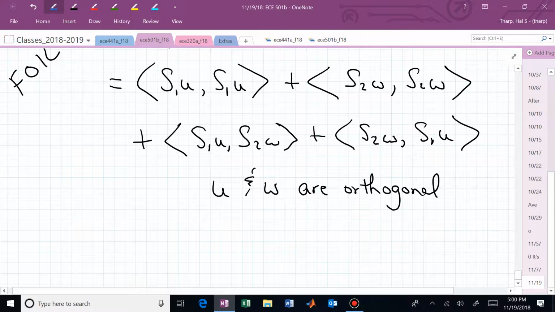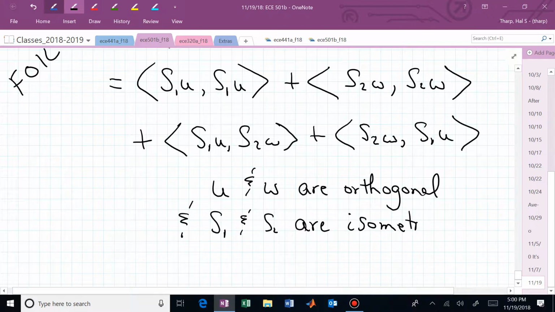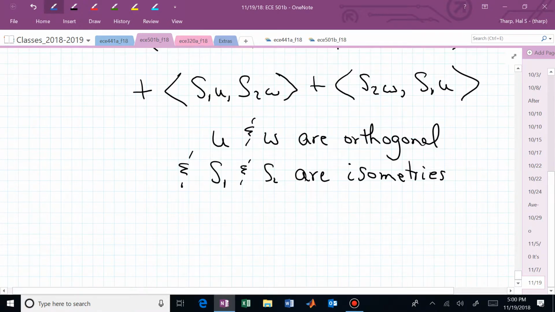So as maps, they are isometries over their restricted domain. So S1 and S2 are isometries over their respective domains,